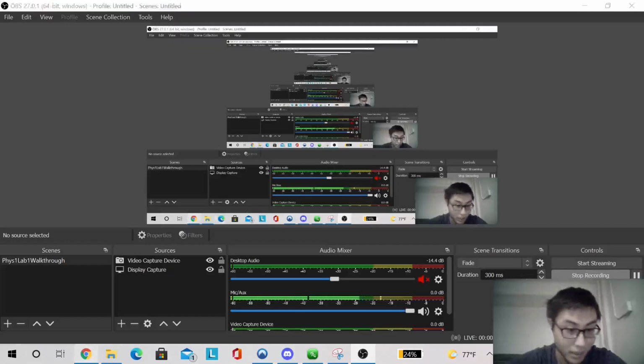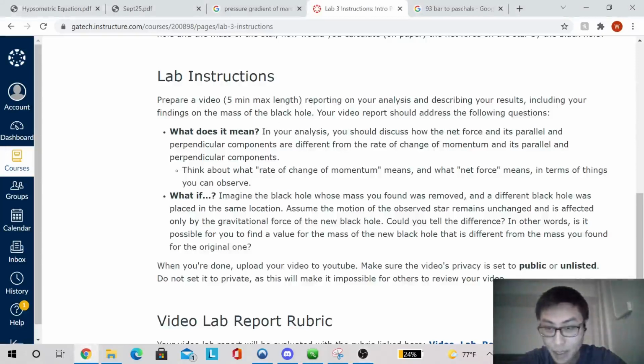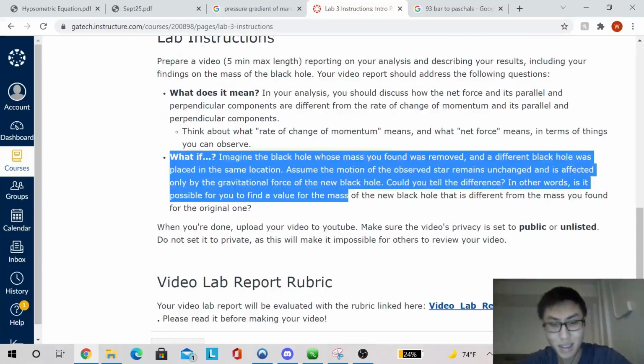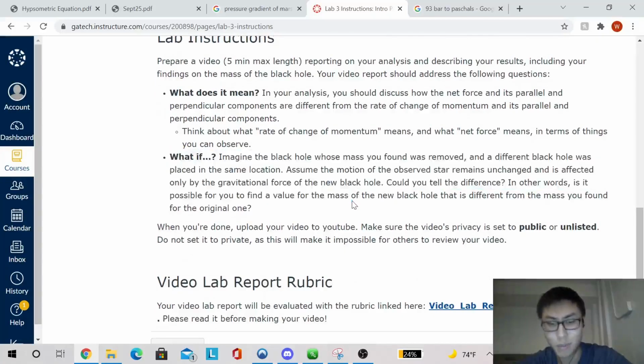And we're back. Alright, let's go ahead and answer some questions now. What does it mean? So we found a force and we found its momentum. What's the difference between the two, specifically its parallel and perpendiculars? Well, I'll give a quick generality. Momentum is something that you could really see. Force is something that you could more of a feel. Both of them are very related concepts. Momentum over a certain change in time will give you the force. However, you could only see one of them, the momentum, and you could really only feel the force, if that makes any sense. So the force is more of a consequence of momentum, if you want to think about it like that.